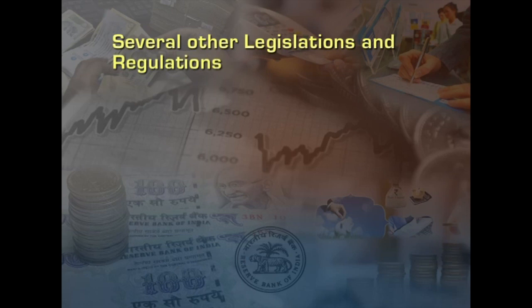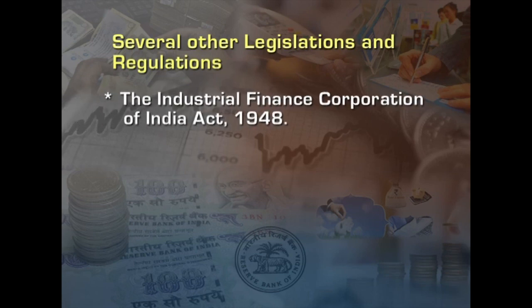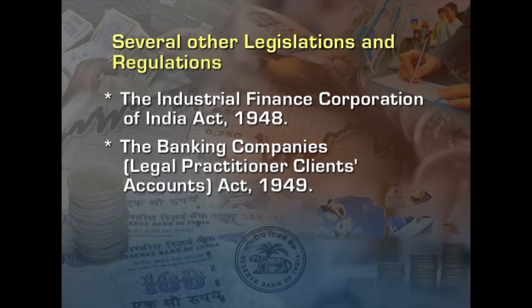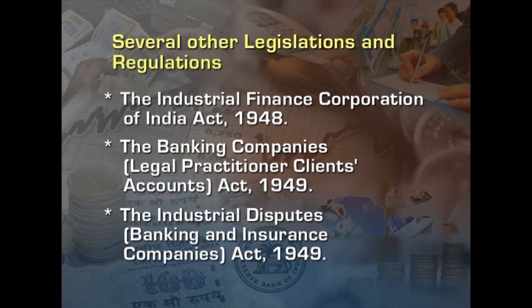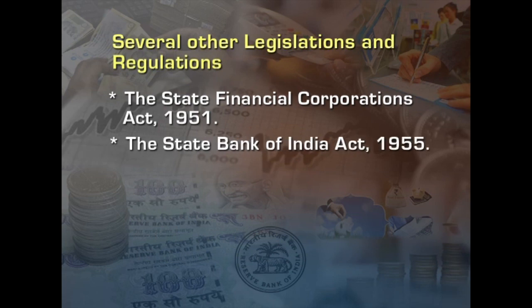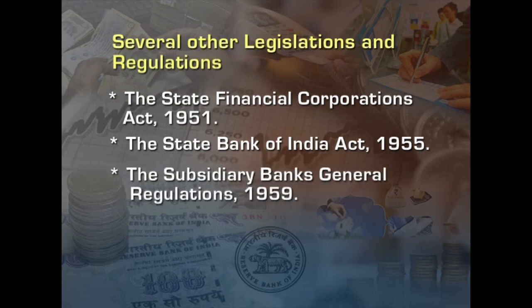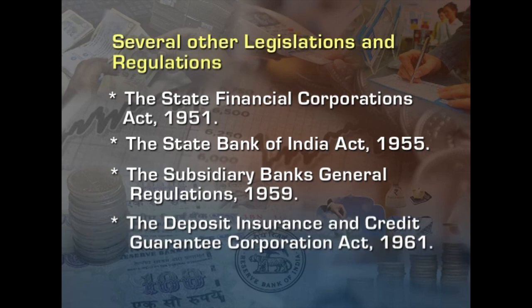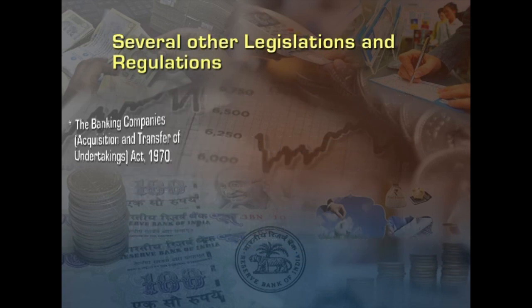There are several other legislations and regulations connected to the banking business which are listed here, and a detailed explanation is not necessary. The Industrial Finance Corporation of India Act 1948, the Banking Companies Legal Practitioner Clients Accounts Act 1949, the Industrial Disputes Banking and Insurance Companies Act 1949, the State Financial Corporations Act 1951, the State Bank of India Act 1955, the Subsidiary Banks General Regulations 1959, the Deposit Insurance and Credit Guarantee Corporation Act 1961, the Banking Companies